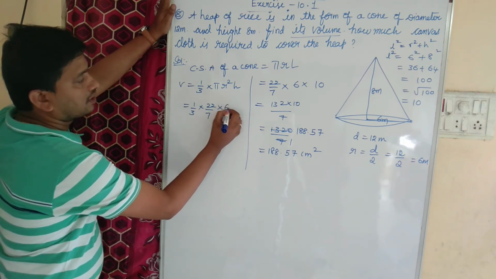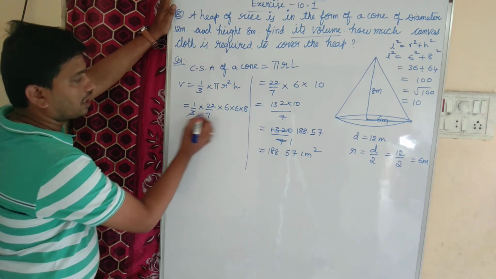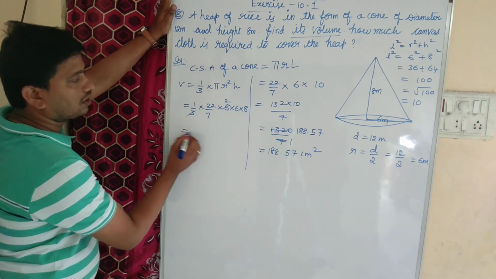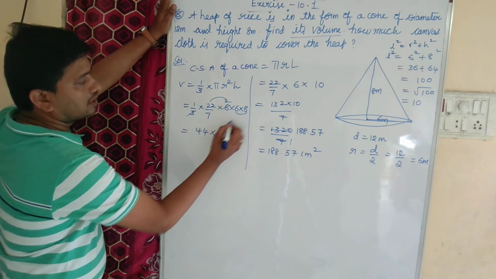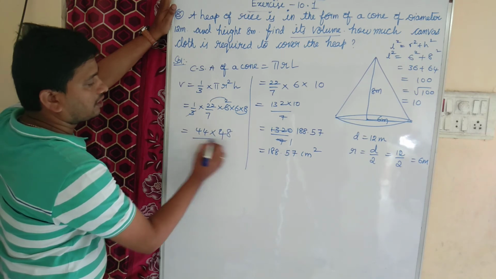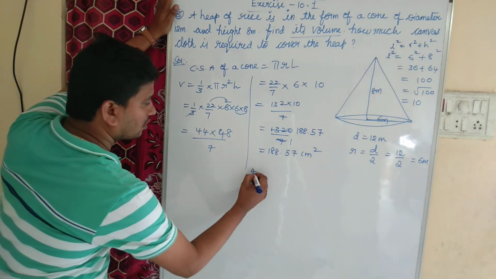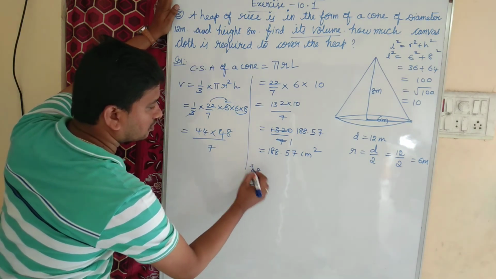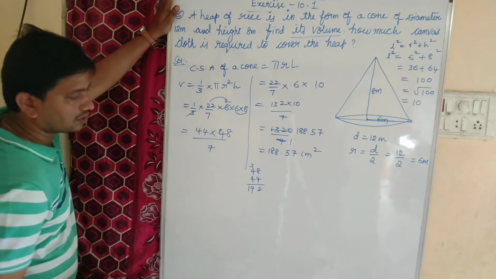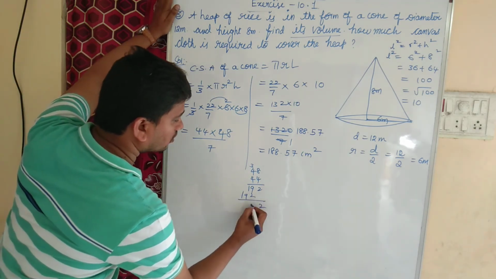Radius is 6, 6 into 6, and height is 8. 3 table, 3 1s are 3, 3 2s are 6, 22, 44 into 6 8s are 48, divided by 7. Right? 48 into 44, 4 8s are 32, 4 4s are 16 plus 3, 19, that is 192,